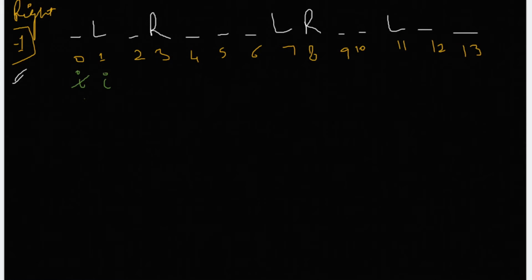So my pointer is at a position where I have an element L. So that goes to say that this specific domino will be pushed towards the left. Now I need to check if there is any domino that is being pushed towards the right behind it. So how can I check that? I have a check for that in the form of my right variable. Since its value is still -1, that means that there is nothing behind this very domino that is being pushed